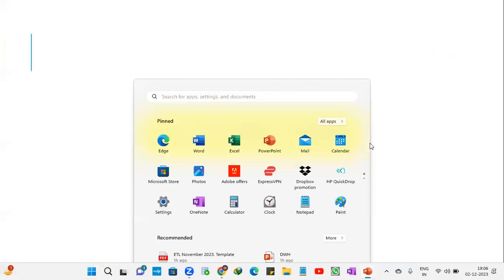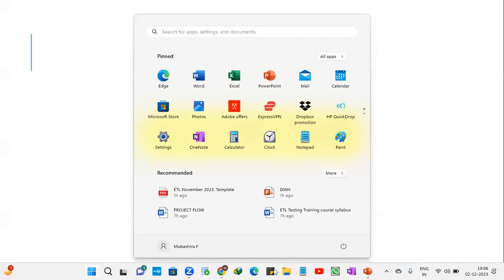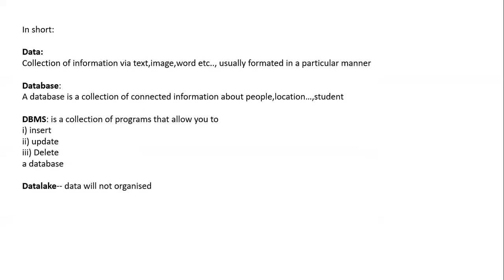Last week we saw the demo of this ETL testing. There we discussed that we are covering the data warehouse concept, then software testing and Unix, and after that we'll see the ETL testing part. So before that, Subhastri, can you quickly introduce yourself? I just want to know whether you are from an IT background or not.